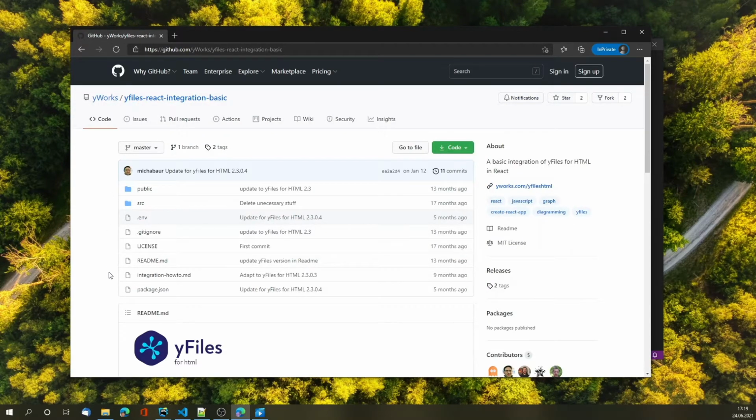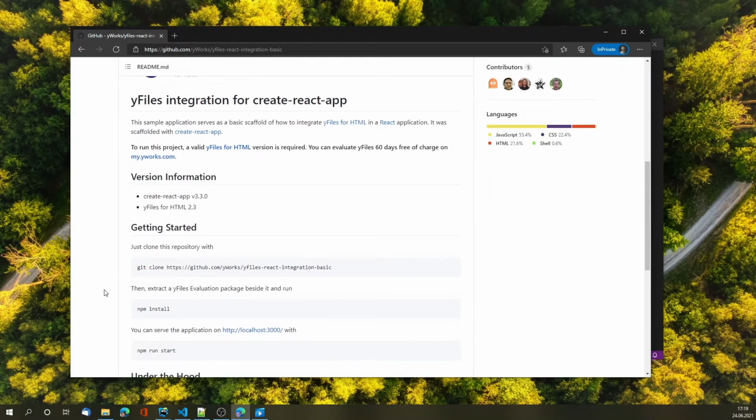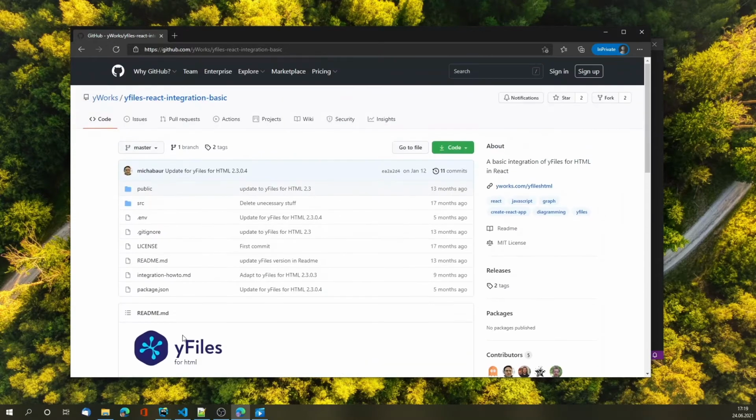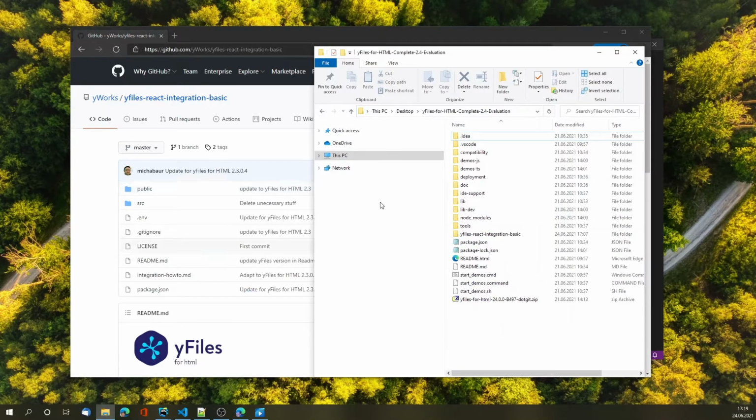That is, they contain all the source code for you to clone and then locally install the dependencies and get started with the implementation. But before we do this, make sure that you have your evaluation or complete version of yFiles for HTML downloaded and at least opened once. So if you have started the demos before locally via one of the commands or via the instructions available from the README HTML,